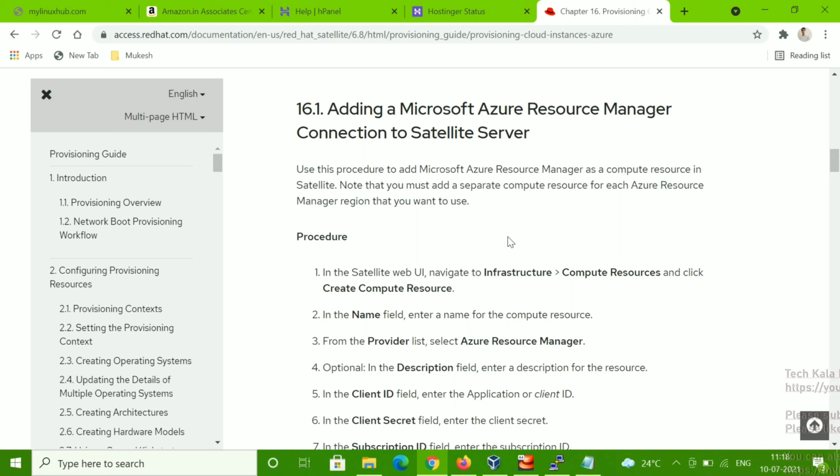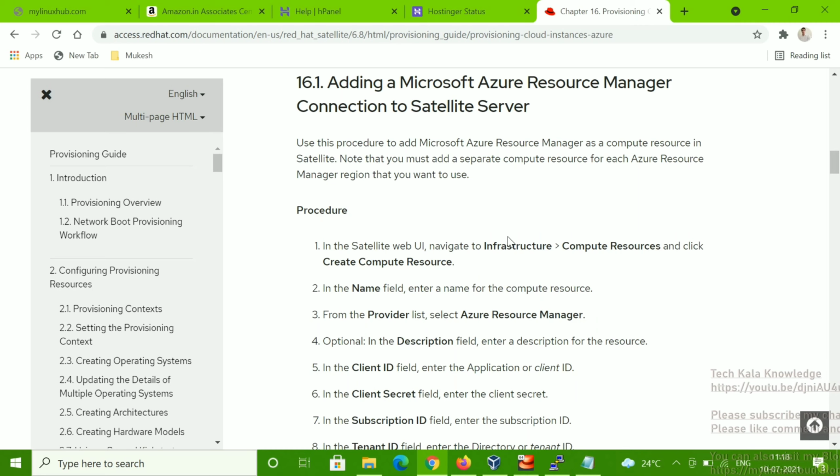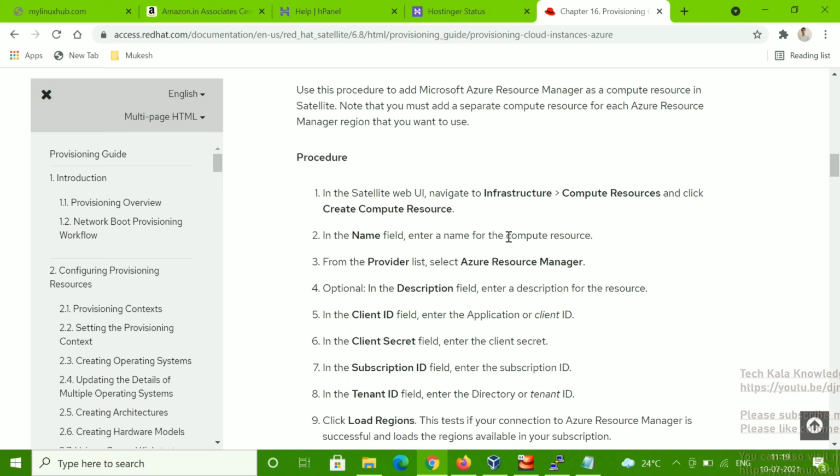Log in, go to Infrastructure, then inside Infrastructure click on Compute Resources, and then click Create Compute Resource. Give it a unique name as per your understanding. In the Provider field, there are many providers; select Azure Resource Manager.